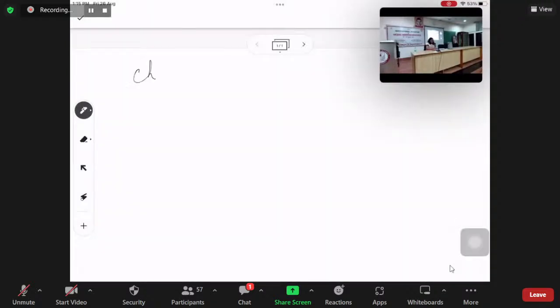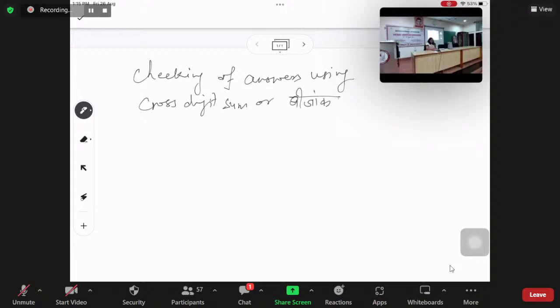This is checking of answers using cross digit sum, or Bijank. Are you familiar with Bijank? Okay. So basically Bijank is that if you have a number, say 9878145